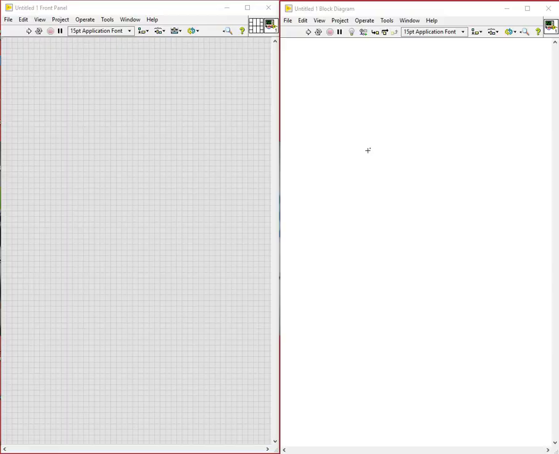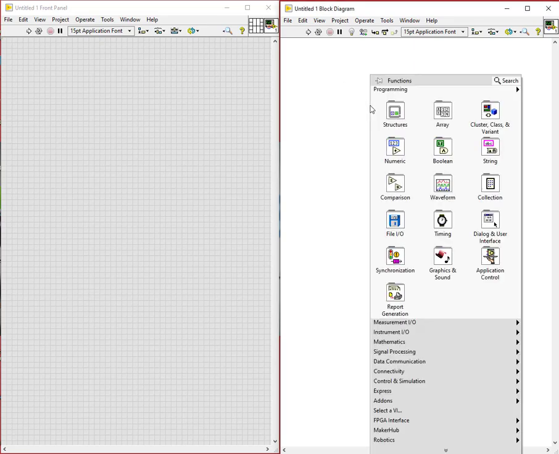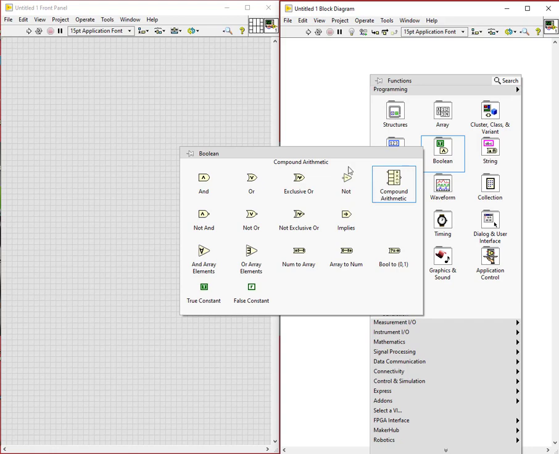Welcome back, guys. Today we're gonna learn about booleans in LabVIEW. We have previously learned about numerics, that is mathematical operations, arithmetic operations, and many more in the previous video. If you haven't seen that video, go back to that and come back here, because that is somewhat related to this boolean video. So today we're gonna learn about booleans.